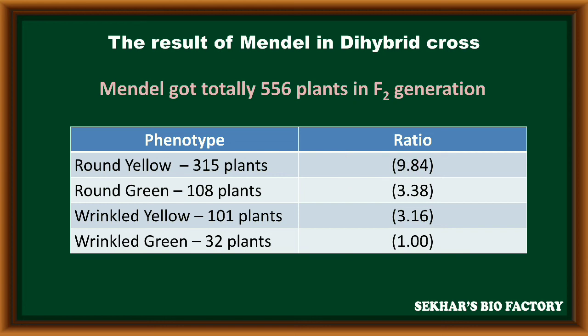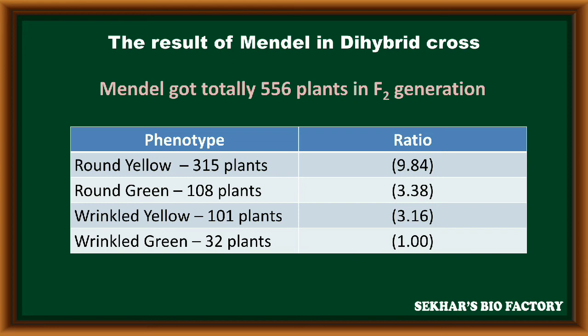Round green combinations are 108 plants, calculated as 3.38. Wrinkled yellow plants are 101 and its ratio is calculated as 3.16. Finally, wrinkled green plants are 32 plants. Its ratio is calculated as 1.00. So based on this result, he explained the phenotypic ratio as